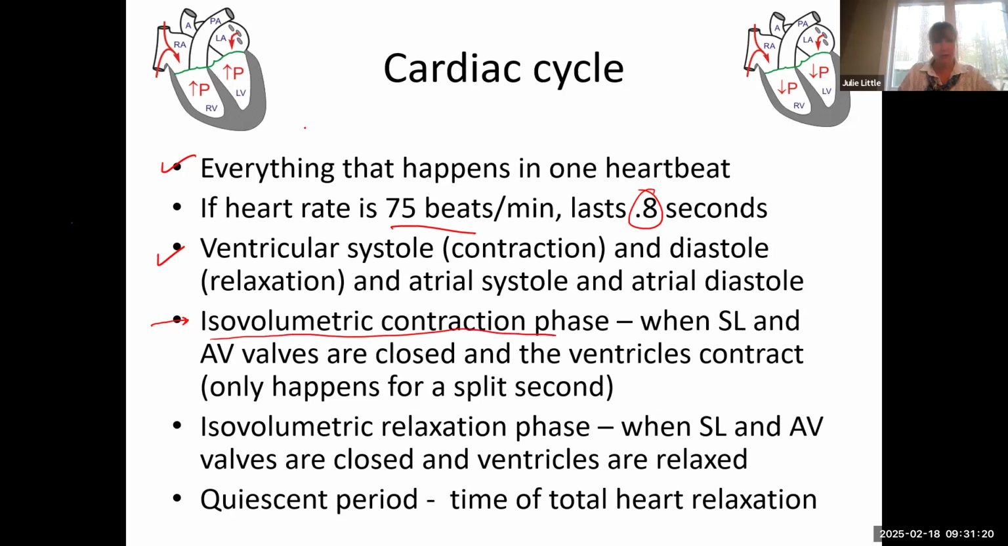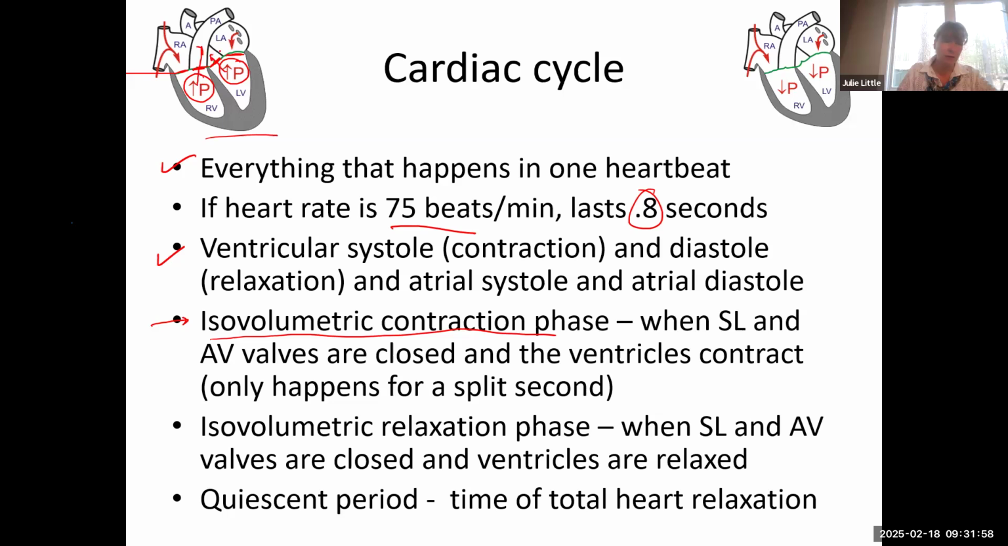In this phase right here, this is this picture up here. Notice here we have our tricuspid valve. Here we have our pulmonary valve, our aortic valve, and our mitral valve over here. Notice that they're all closed and there is increased pressure in these ventricles. This is the isovolumetric contraction phase, when all of your SL and AV valves are closed, but the ventricles are trying to contract, and they're trying to increase pressure enough to eject blood up into the pulmonary trunk and